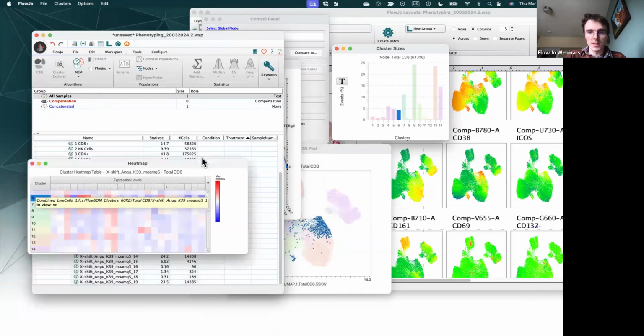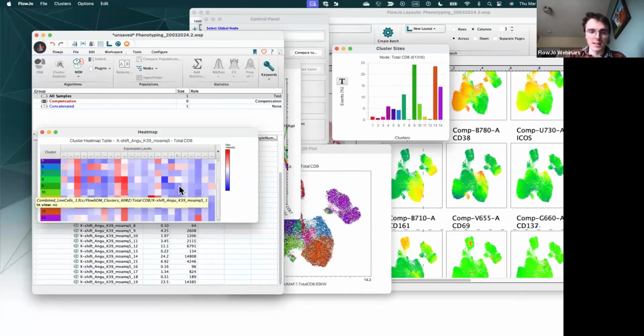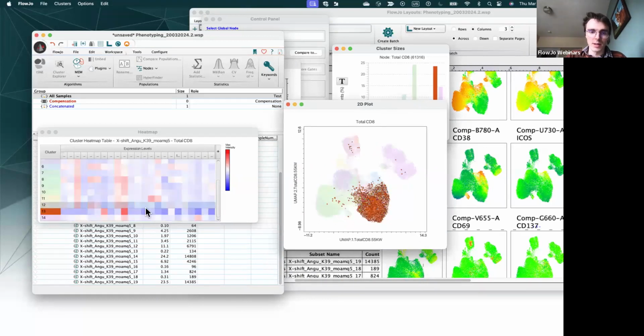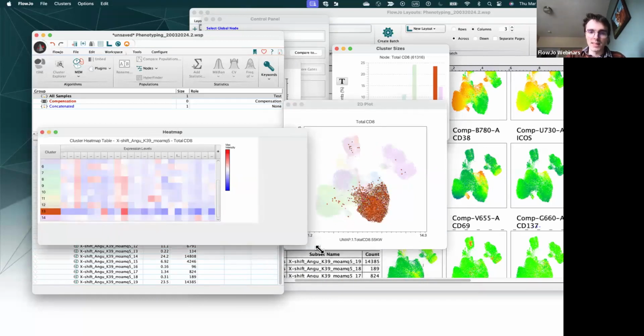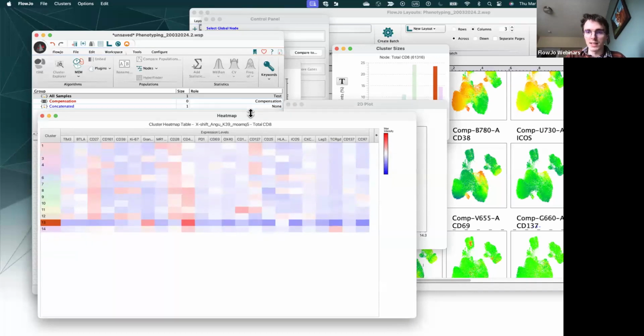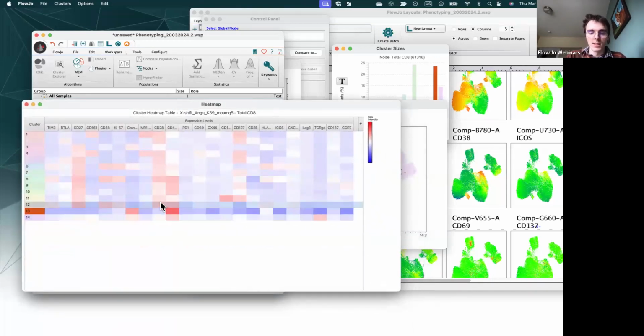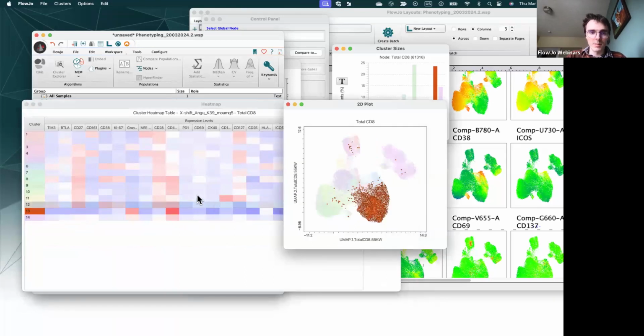Just to show one last thing in Cluster Explorer, we have our heat maps here. If I'm interested in a single population, I can click on it. It'll show it in the heat map. Again, you can see the color scale on the right. Red is high expression, blue is low expression. So the population that I selected here in the bottom right,